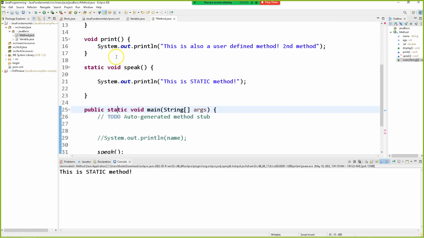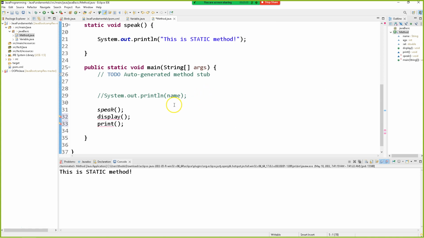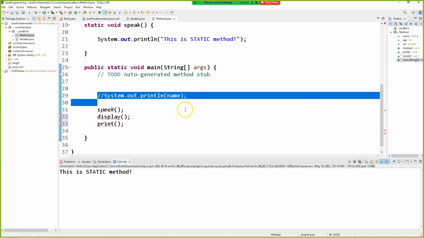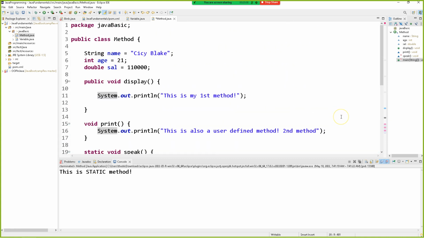Now to access non-static methods and non-static variables, what we can do is create an object. Even if we want to access name, we cannot. To access it, we have to create an object of the class, and class and object are the two main elements of object-oriented programming. So object-oriented programming is all about class and object. Actually, we will discuss it in object-oriented programming. Let's stick to